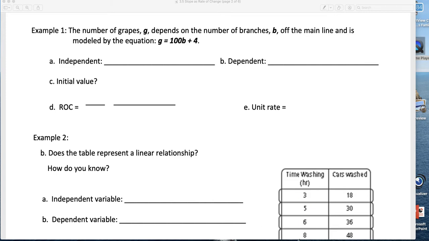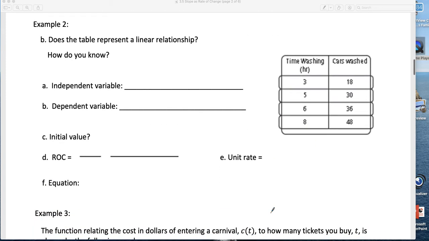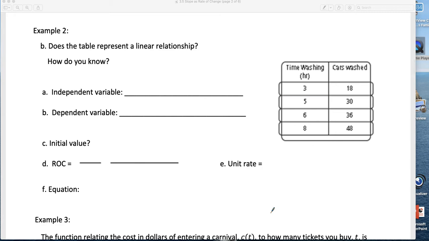All right, this time we're going to look at a table. The last one we're going to look at a graph, so there's one of everything in this lesson. All right, first question says, is this a linear relationship? And how do we know? Let's take a look at it. Okay, we subtract backwards to see if it's linear. So let's go ahead and start subtracting backwards. So from here to here,